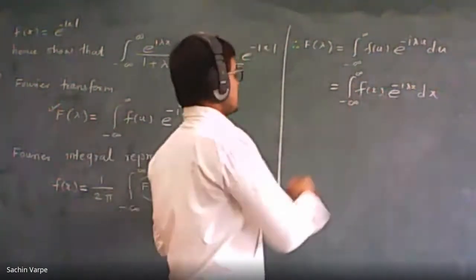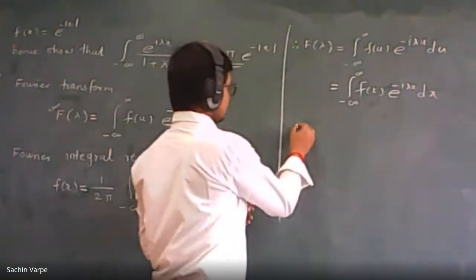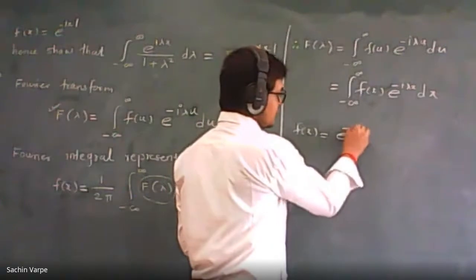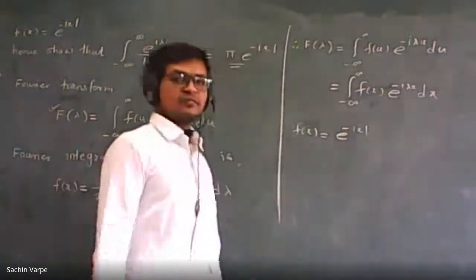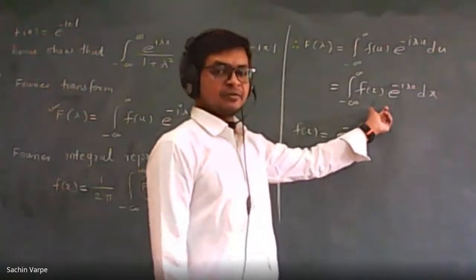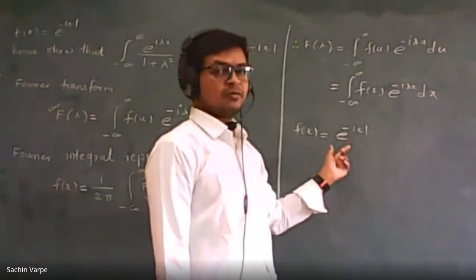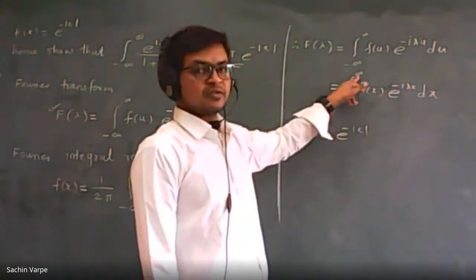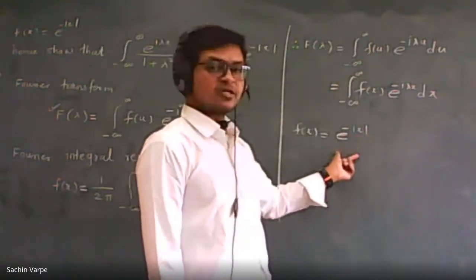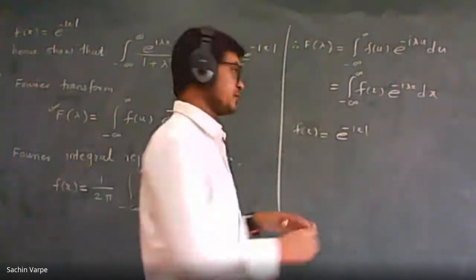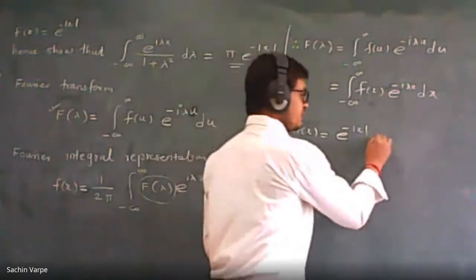Now, if you look at this f of x, what we have been given, f of x is given to be e raised to minus of mod x. So can we substitute this f of x directly here? No. It depends on the mod again, isn't it? Because here we have the two-sided interval minus infinity to infinity. So we actually have to specify this function in those intervals, in positive as well as negative. So let us write this function f of x is equal to,